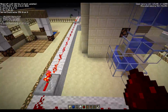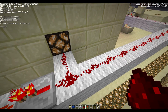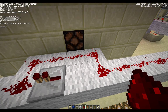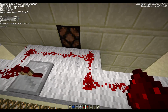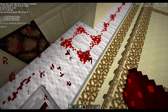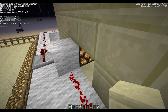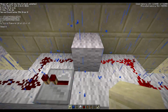So like I said, this comes around here. You'll need some repeaters, and it comes across here. The reason it's 1 block away is if you have this set up, let's see, this way, nothing will power. And it's kind of unfortunate because I would like it to be a little closer just to keep it compact, but I can't. What I could do is I could back this up one more. I could actually put a block right there. Now, because this redstone is powering this block, that block is powering that redstone lamp, which is nice. But I decided against that because now I can't see,